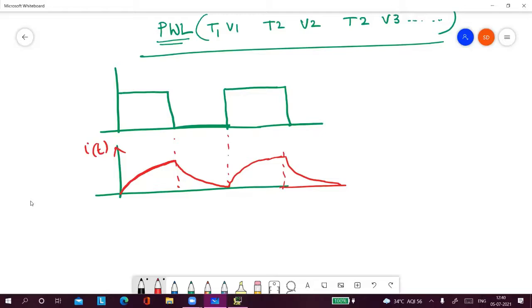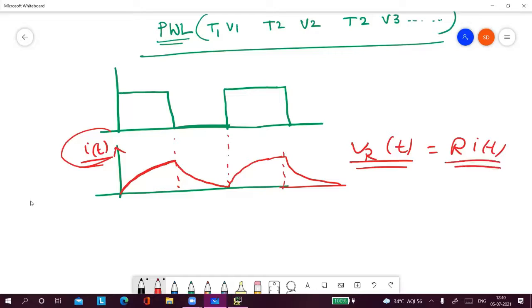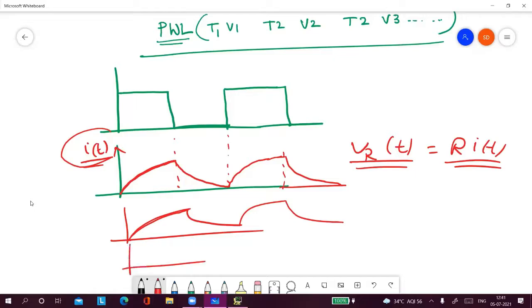We can easily find the current waveform. And similarly, if this is I, the VR will be the same, because it is R into I(t). The nature of VR will be the same as this. And finally, the inductor. What will the inductor be? This is the VR. Rise, fall, rise, fall. And what about the inductor? It will be fall,